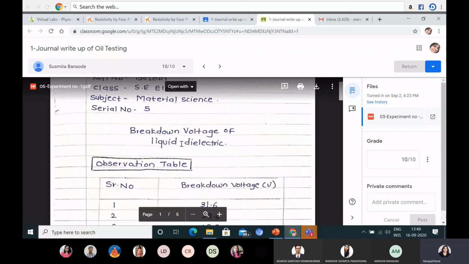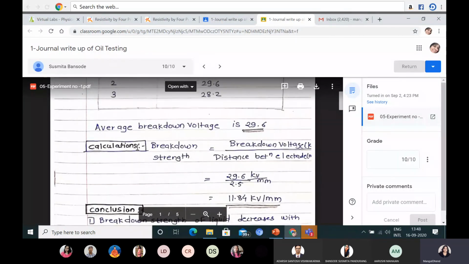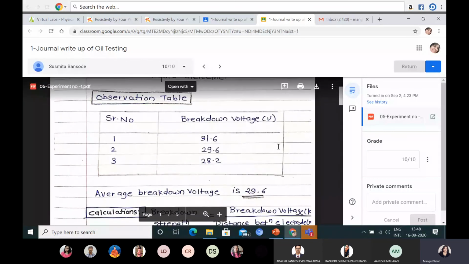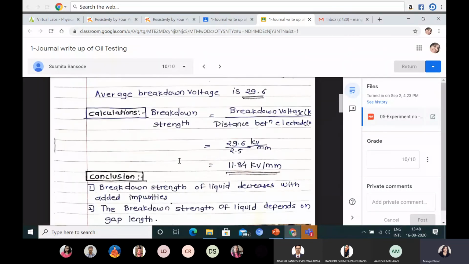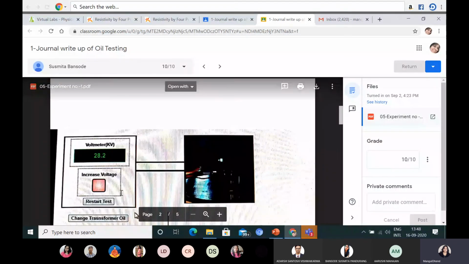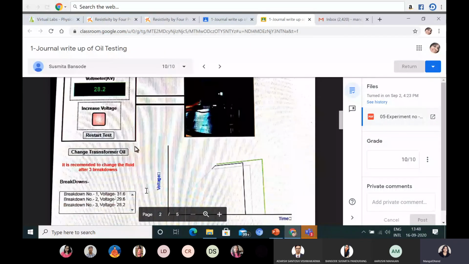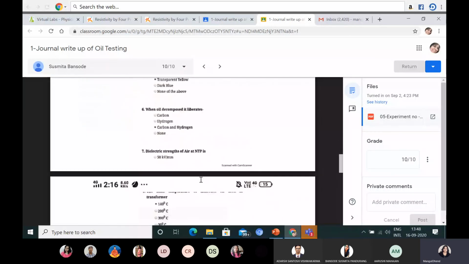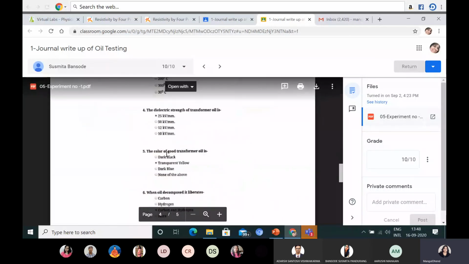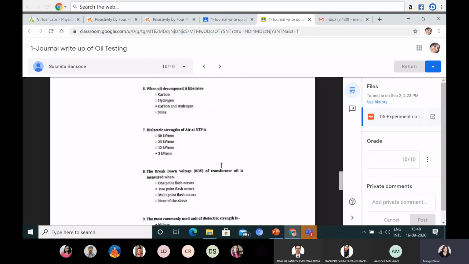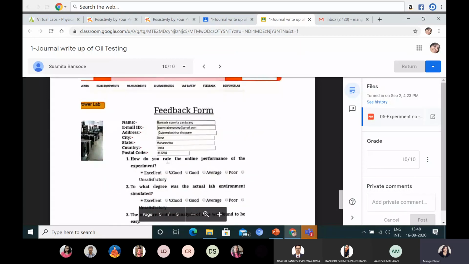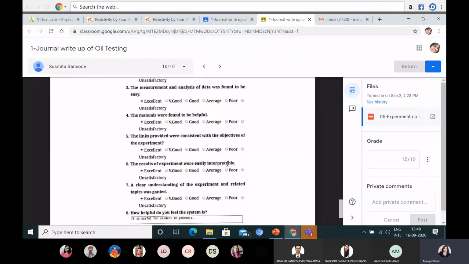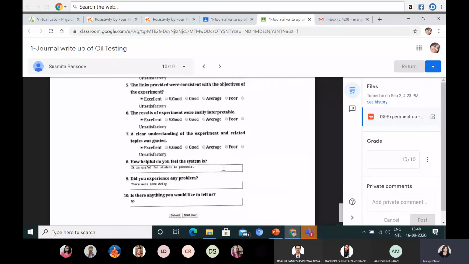So Sushmita has written by hand, again the observation table, calculations and conclusions. So try to make the pages minimum. Then she uploaded a screenshot and then a virtual lab quiz. But the score you cannot upload, you are just uploading your answers. See Maithili's feedback. For feedback, just take a full screenshot